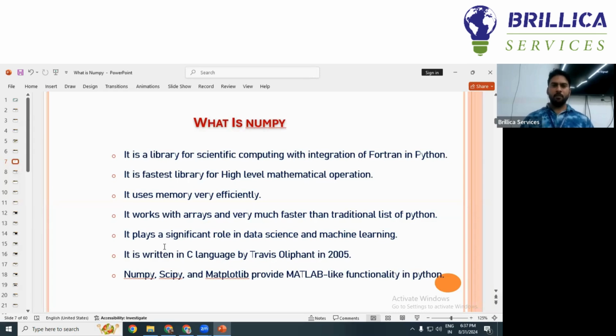So as you can see, NumPy is just a Python library, but it is the fastest library for high level mathematical operations. So if you are dealing with any type of mathematical operations in programming, then you can use the Python library NumPy, numerical Python. And the advantage is it gives you the fastest speed at the time of the operation with high level operations,